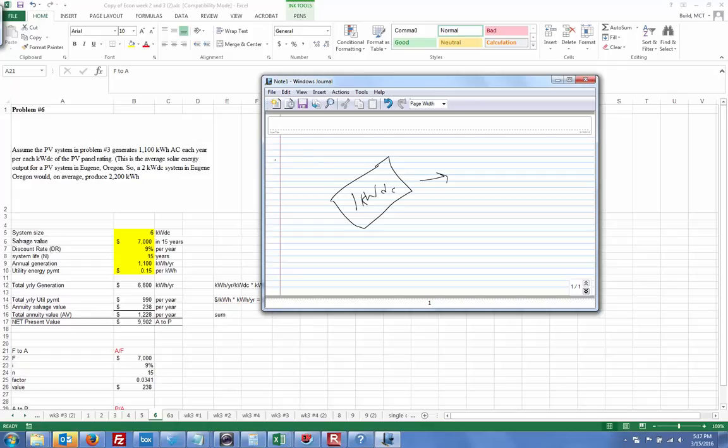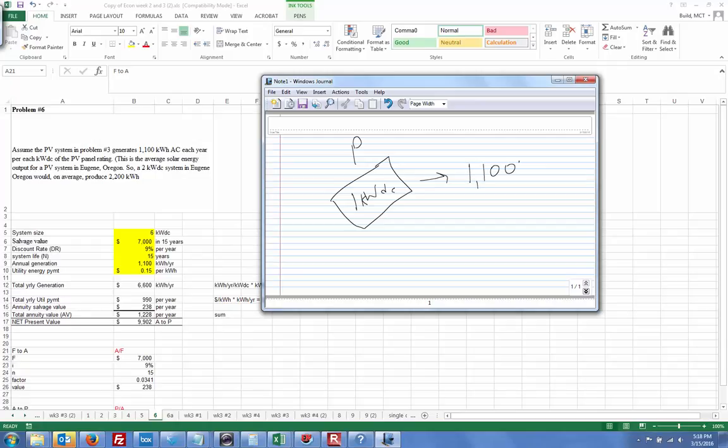What that says, for 1 kilowatt DC, and that's actually power. That's the power rating of the panel. This is where it gets a little confused, because the power rating is 1 kilowatt DC. That's going to give you